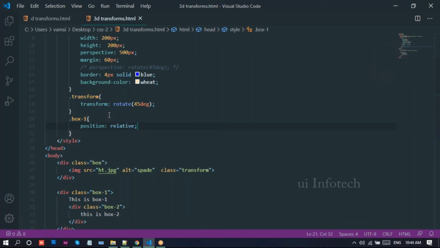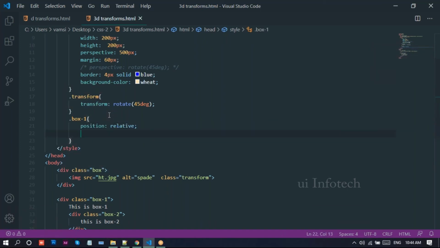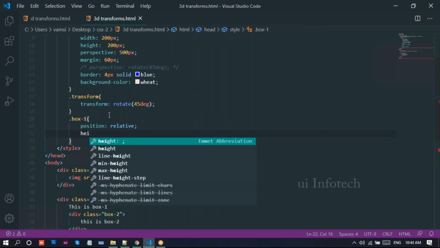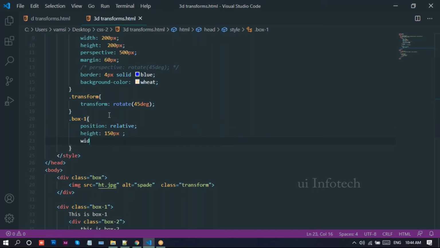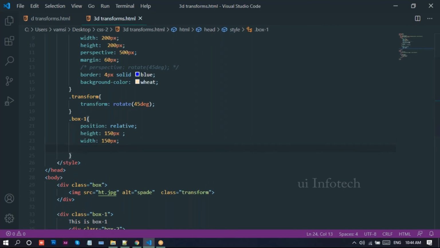And we can write height, so I take the height 150 and I'll take the width also, 150. I'll apply the border and also apply this perspective. Before applying this perspective, we need to write some CSS for this box two also. Before that, I'll just apply this border property.